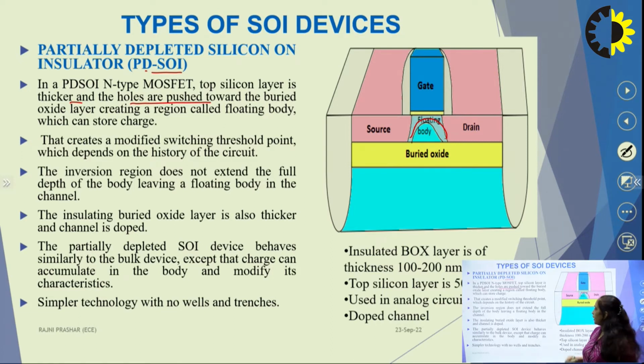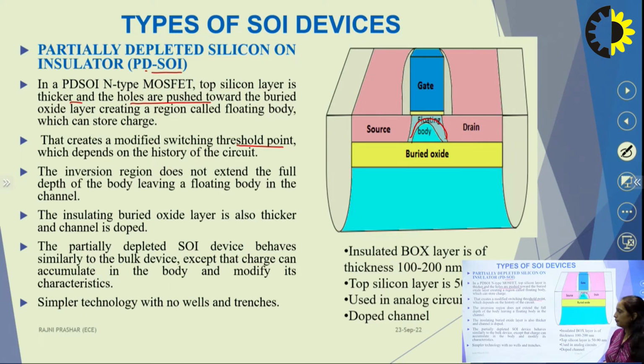That creates a modified switching threshold point. So, as per the charges present in this floating area, they will modify the threshold point, which depends on the history of the charge. Sometimes it may happen that when we switch on the device, some charges are already present in this. Because of this floating area, some history will be there, and this will change the threshold point of the device. The inversion region does not extend the full depth of the body, and will have some floating area in this